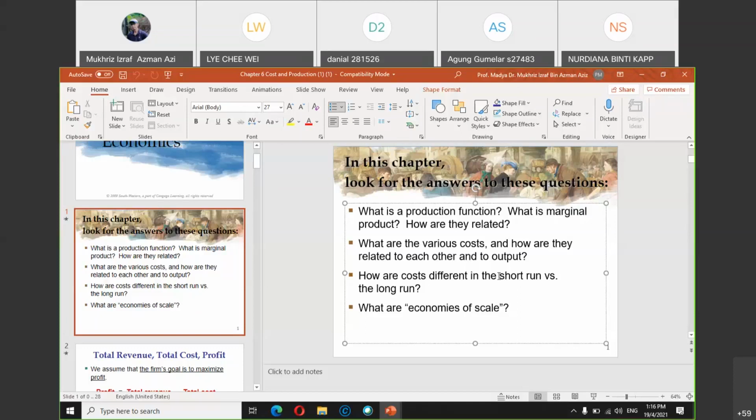But at this stage, we do not define how many years or how many months make a short run or long run. As long as the term short run is used, you need to know the characteristics that define short run versus long run. And finally, what are economies of scale, in terms of the definition, and how do companies, suppliers or firms achieve economies of scale? So we start with